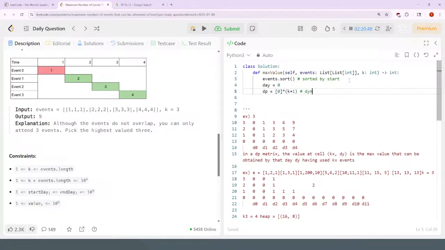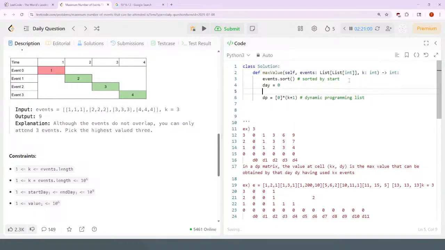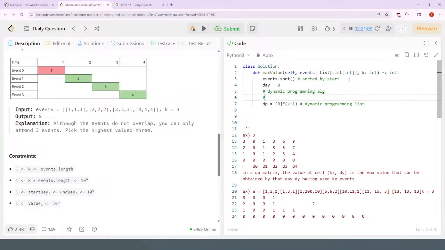This is a dynamic program matrix, and this will be dynamic programming algorithm